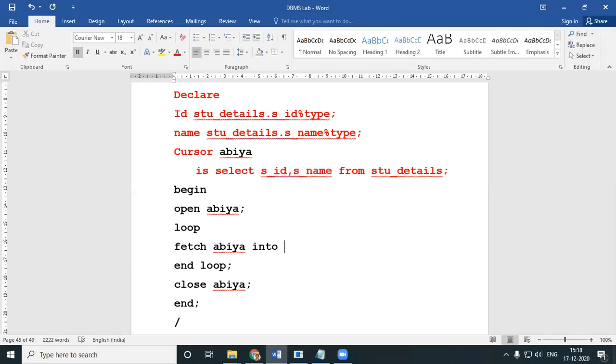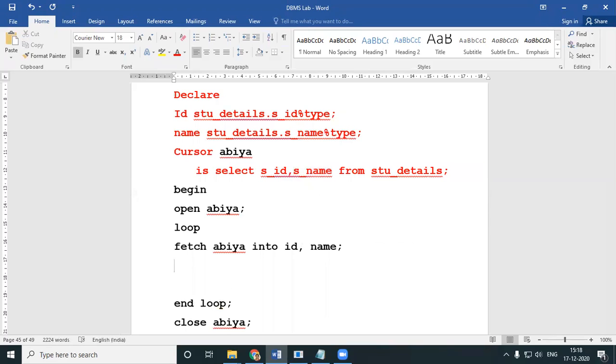I will put it into my ID and name, the same thing which Denia asked me last day. I take up this SID, SName from the cursor Abia, and then I put it into my variables, ID, name. That's it. I got SID, I put it into ID, I got SName, and then I put it into my name.